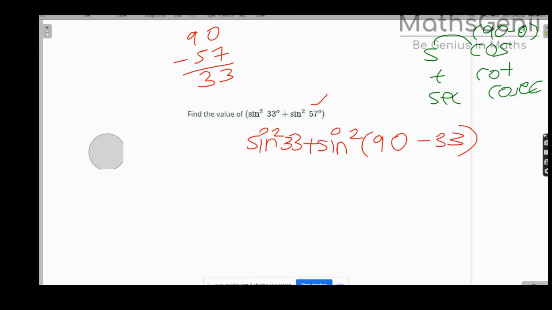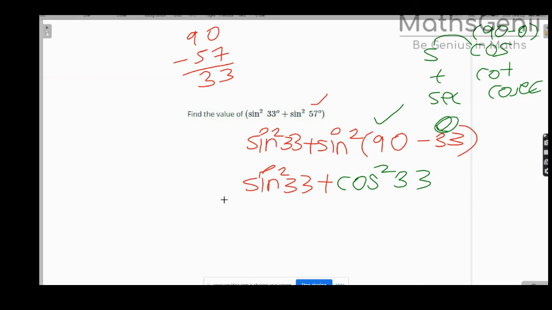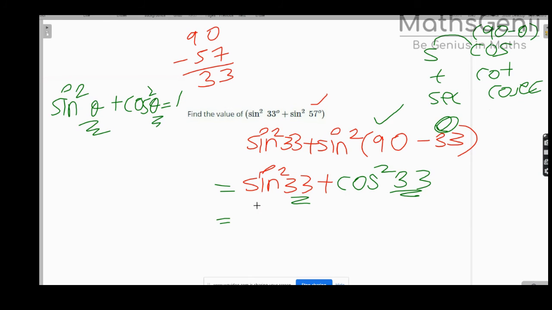Okay. So now sine square 33, when you remove this 90, pay careful attention, sine square becomes cos square and theta as it is. I've just taught you in the last sums also, there's a formula, sine square theta plus cos square theta is equal to 1. Theta should be same. So 33 is same, 33 is same. So I can write sine square 33 plus cos square 33 is 1 using the formula.